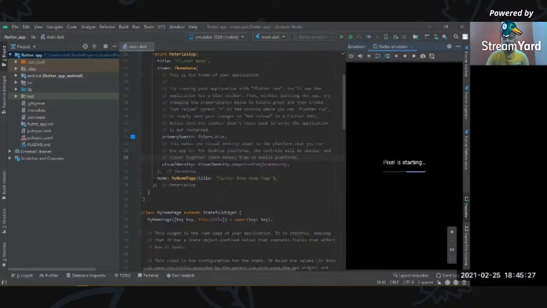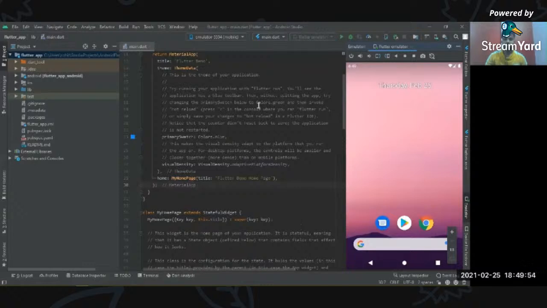It will be ready with the home screen in a couple of minutes. So guys, our emulator is ready now.